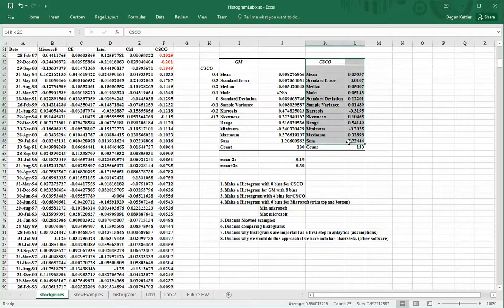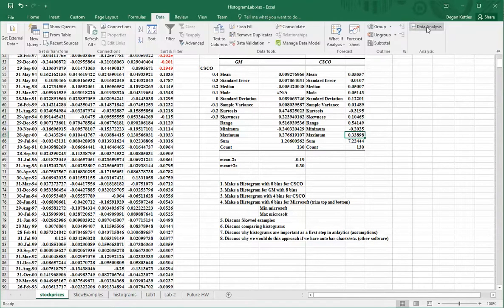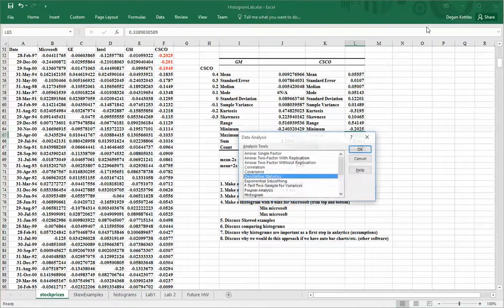Here are some summary statistics, and so we can see that for Cisco, in one month they lost 20% of their stock value, and in another month they gained 30%. So let's see, if we look at all of the months together, what the trend looks like for the return they get in a given month. So what we need to do is go to data analysis, and we're going to go to histogram,